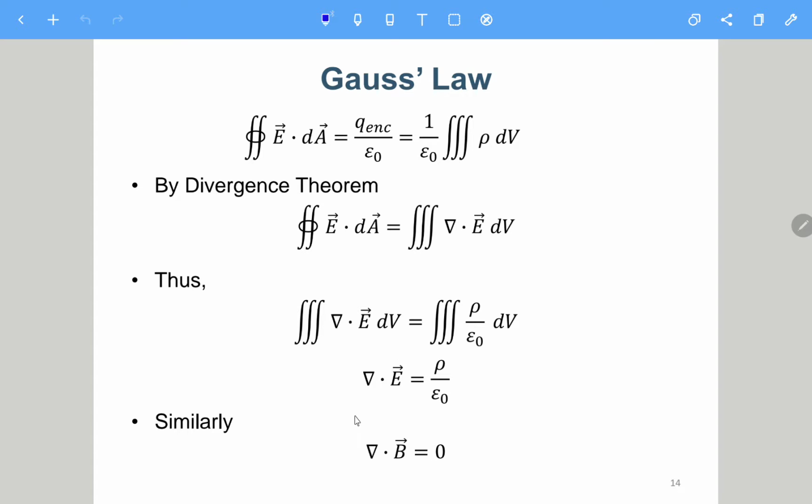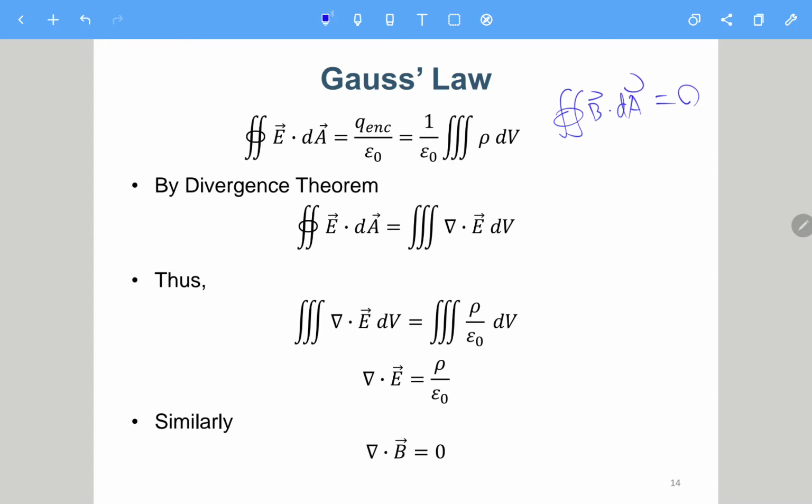Okay, and similarly for the magnetic version of the Gauss law, of course it is something like this, the closed integral of B dot dA equals 0. Going through the same steps, on the right side of course it is 0. So finally we can come up with the divergence of B equals 0. So they just look alike. The only difference is this is E, this is B, this is the charge density over epsilon naught, and this is 0